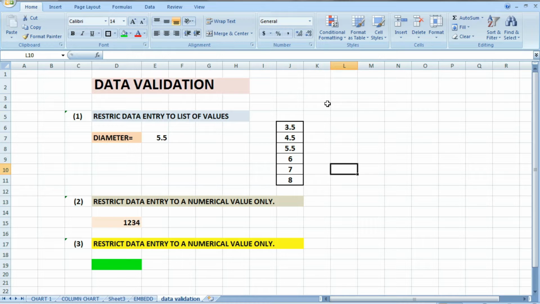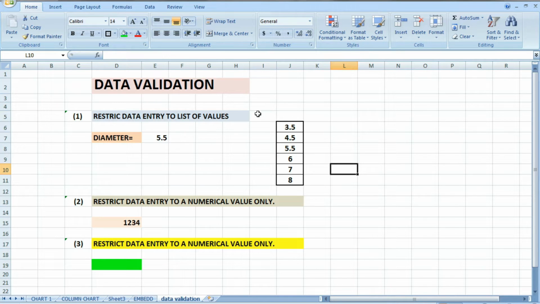That means you cannot enter other data. Your cell is restricted to certain values. The first exercise is to restrict data entry to a list of values. I mean you cannot enter anything other than the list values.